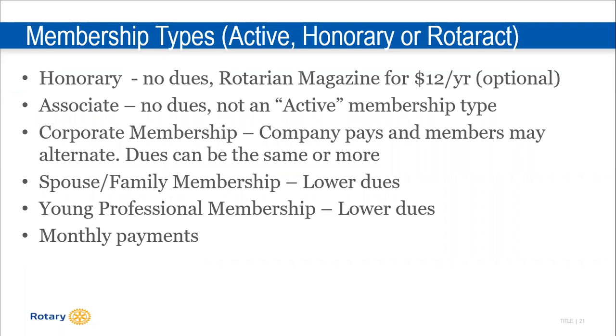Some clubs have spouse or family membership with lower dues amounts. Young professional membership dues might be lower. So I've heard 25, if you're up to 25, you're in that category, you pay half the dues amount. I've heard 30 years and 35 years where they have a discounted membership dues. And sometimes you want to give them a discount, so the club ends up paying the difference, but maybe because they're contributing to the work or doing projects, or you want to keep them engaged in your club, you were able to offer them a discounted dues